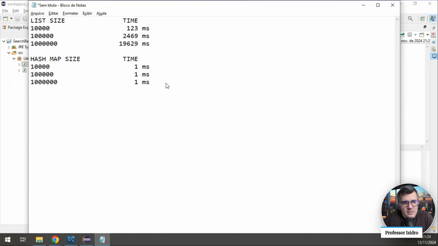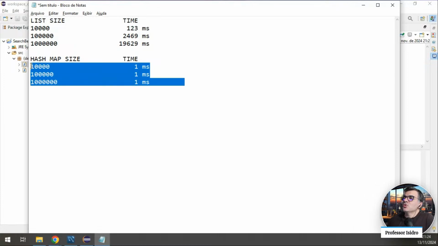What is it when someone talks about the asymptotic complexity of an algorithm in big O notation, linear? As your set of elements increases, your execution time also increases. Okay? Linearly, maybe, because you have other things here. But if you have an asymptotic complexity in big O notation that is constant, for example, hash map, you see that